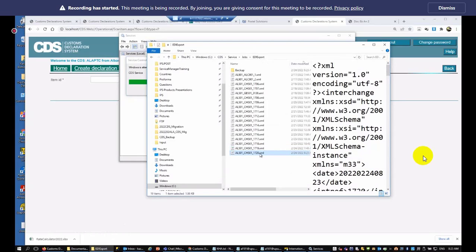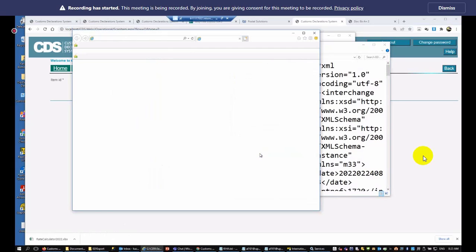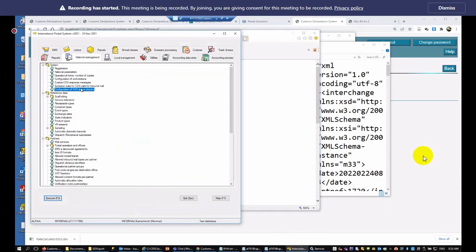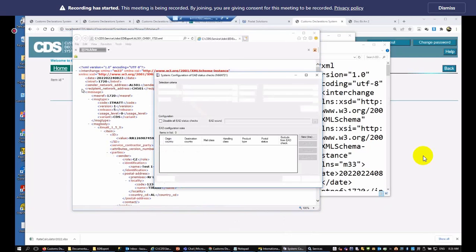Okay. Yeah. My apologies. CDS has already generated item message for the item I captured. Let me simulate again. I'm sorry for this. So again, seeing the warning message configured by